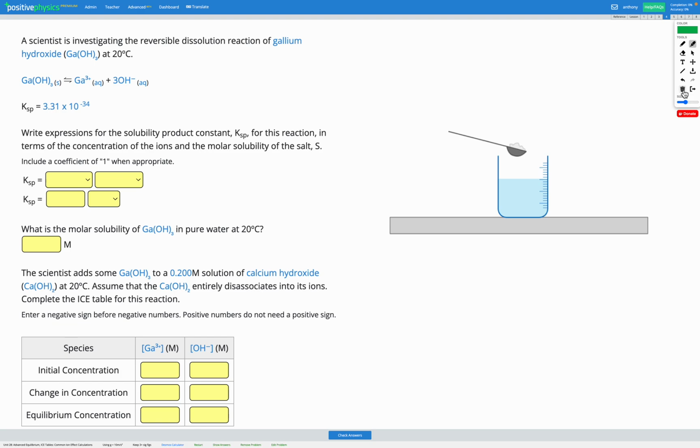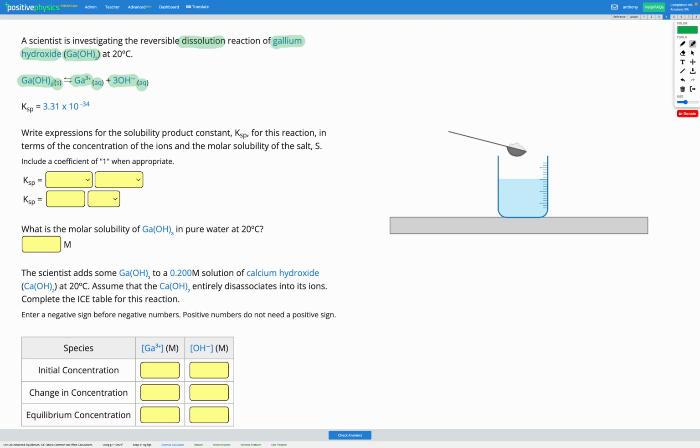In this question, a scientist is investigating the reversible dissolution reaction of gallium hydroxide, GaOH3, at 20 degrees C. Remember, dissolution just means dissolving. So on the left in the reactants, we have gallium hydroxide, which is a solid. And on the right in our products, we have gallium 3 plus ions and OH minus ions, which are aqueous,